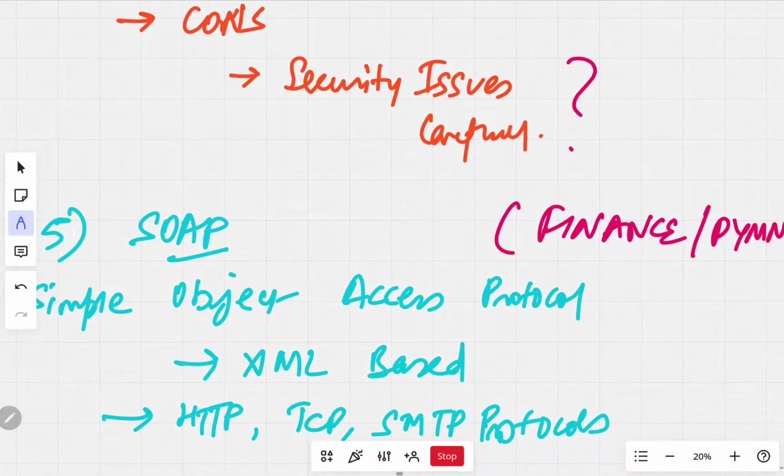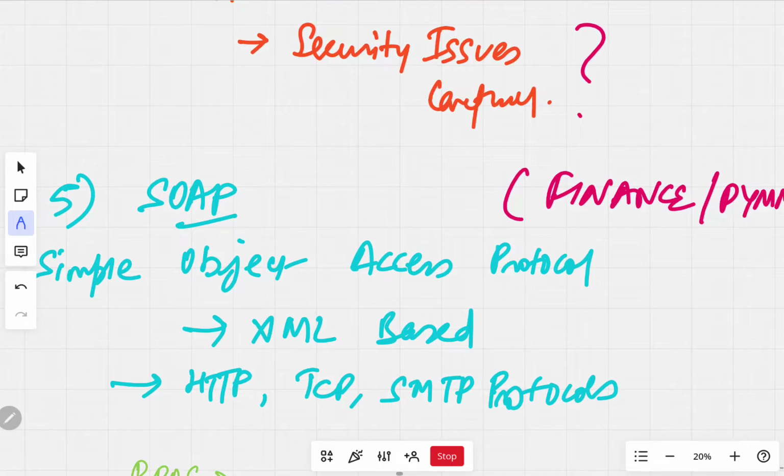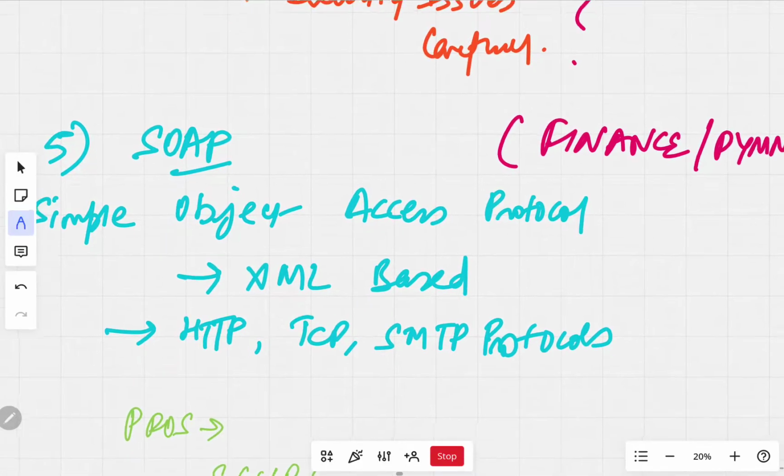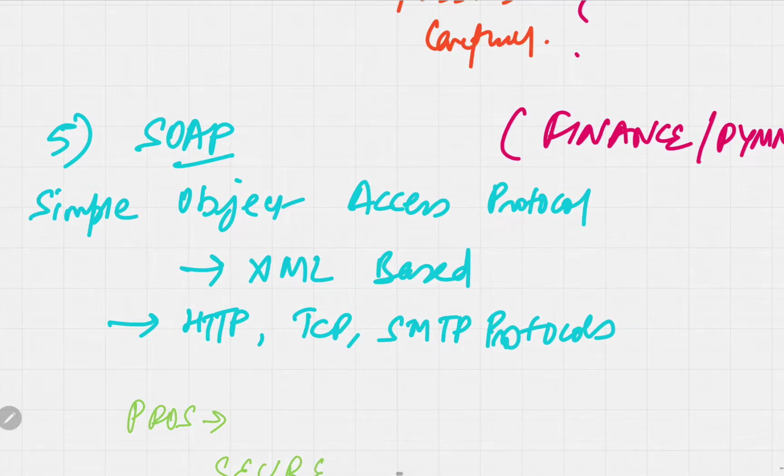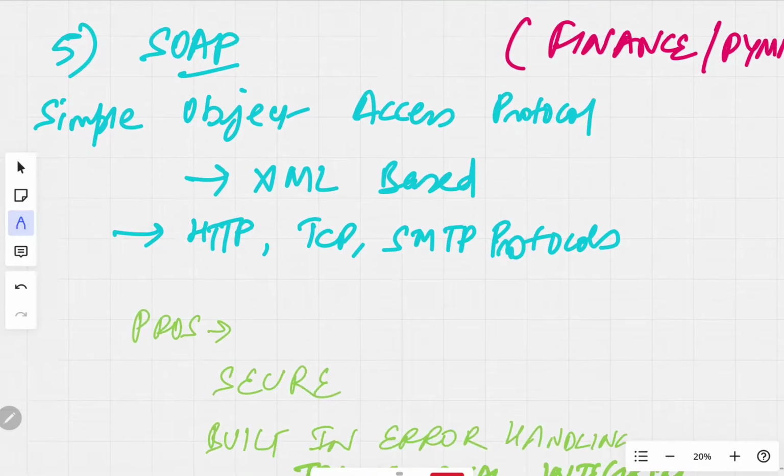Now comes the one which many of us had started with, though not the oldest, but been there for a long time. So, Simple Object Access Protocol. It's declining a bit. Some organizations are shifting, but many of the financial, payment, government related stuff is built on SOAP. Some people are still going through it because of the dependencies, and it's not too bad. It's XML based, and it can handle different protocols: HTTP, TCP, SMTP.